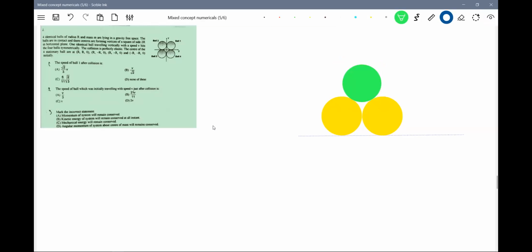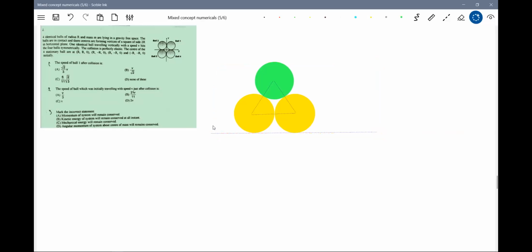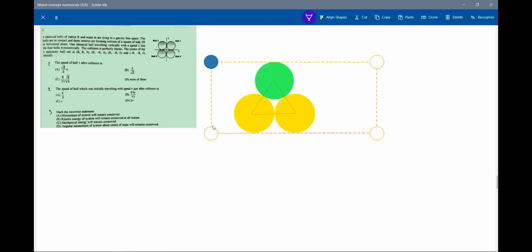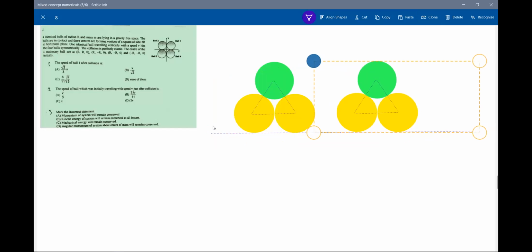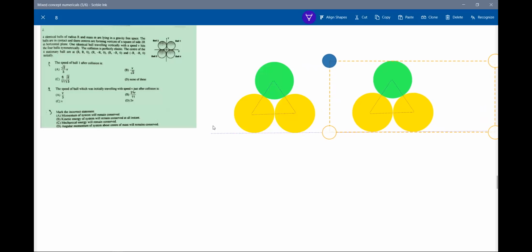I think if you can imagine this, the problem is over, I need not discuss further. So this is the triangle, the center of the triangle. You see this. Then in gravity-free space, there's no need of any ground or anything. Just leave it. Now this will approach with a velocity. So now we have before collision and after collision. I think two diagrams are very much necessary. So just before collision and just after collision, we'll show it.